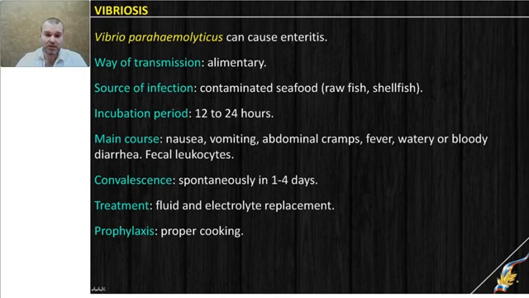The same bacteria is kind of sensitive to environmental factors, and proper cooking is a good way to prevent it, but we have some cultures where fresh meat or fresh fish should be used. In that case, enteritis is very possible. Incubation period is less than a day, and usually symptoms will appear some 12 hours after ingestion of the microbe, manifesting by nausea, vomiting, and some common symptoms of GIT disorder, including watery diarrhea. In rare cases, it can be with mucus and blood.